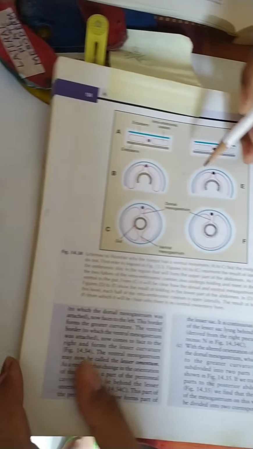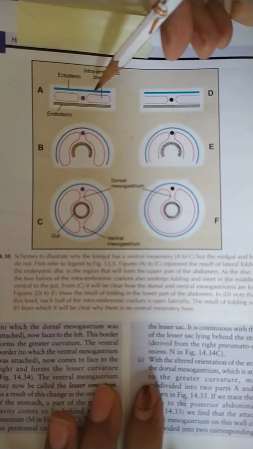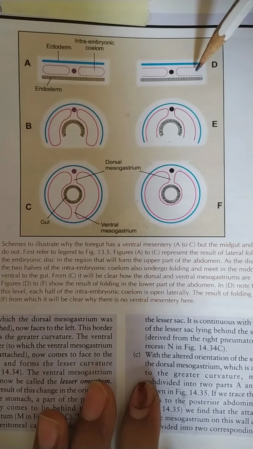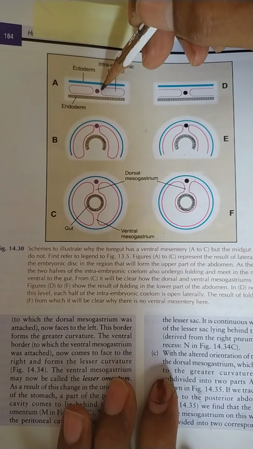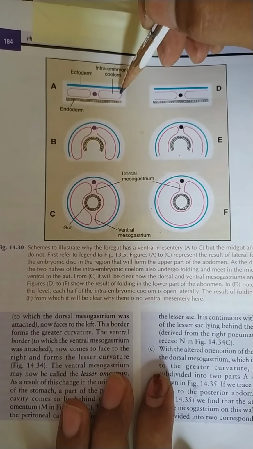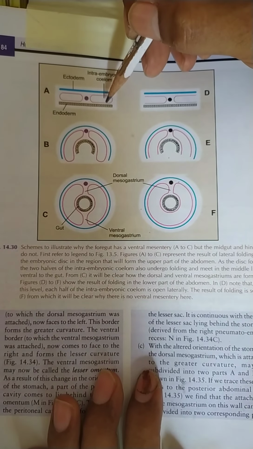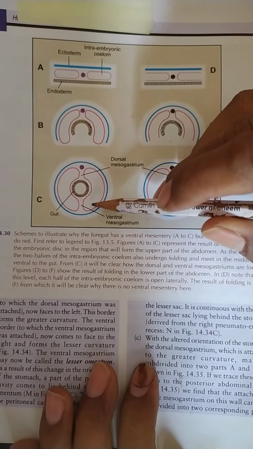So this is the lateral folding. In this lateral folding, you see the intraembryonic coelom, but on the caudal side, this intraembryonic coelom is opening laterally. The lateral boundary of this intraembryonic coelom is a continuation of the somatopleuric and splanchnopleuric intraembryonic mesoderm. So at the end of this lateral folding,